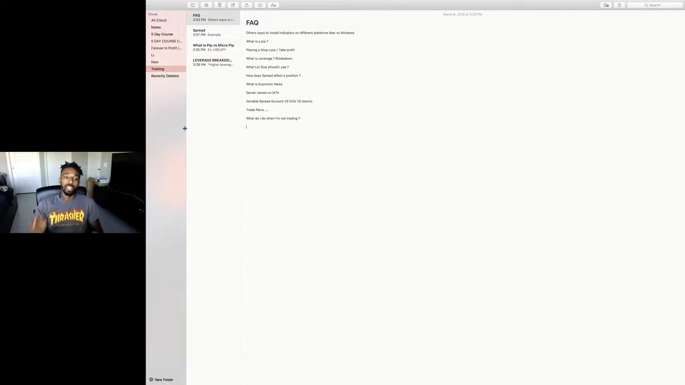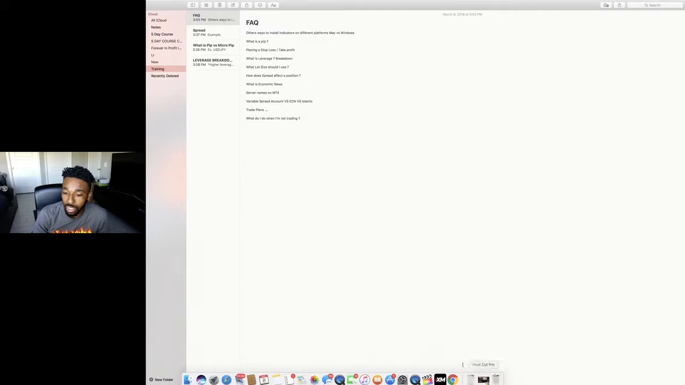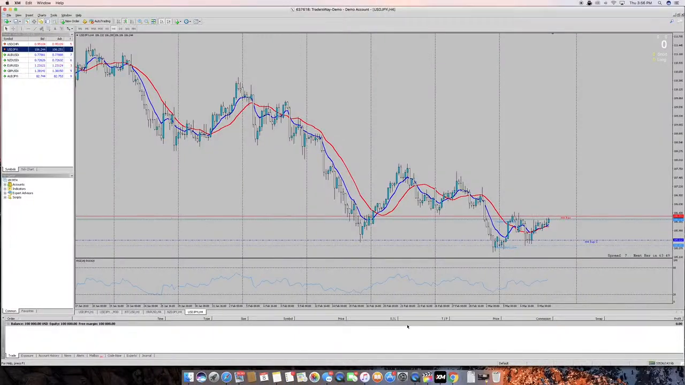All right, so let's jump straight into it, guys. All the ways on how to install indicators on different platforms on Mac and Windows. So, where is it? You guys know that I pretty much show you how to install them mainly on Mac,